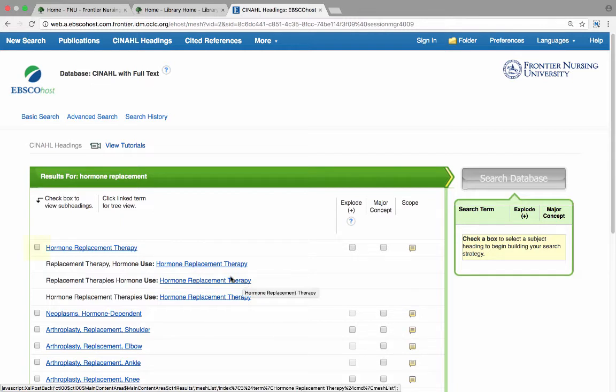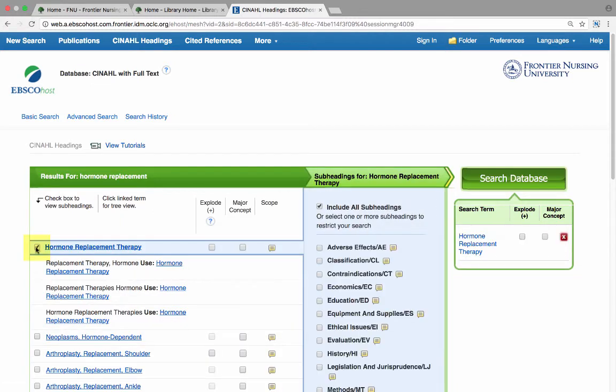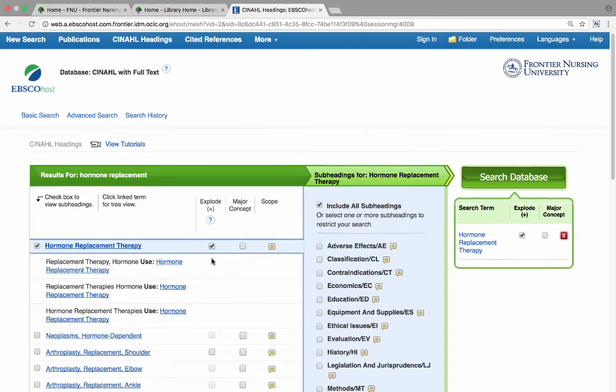To add a term to a search, click the box to the left of the term. Then look at the box underneath the Explode column. Broader terms will allow you to click the box underneath the Explode column. Exploding a term means that you are telling the database to show you all of the articles that are categorized with that term, plus any articles categorized with its narrower terms. In general, it is a good idea to start with broader terms, so if the Explode box is available, go ahead and click it. Once a term is selected and exploded, it is time to add a second term.